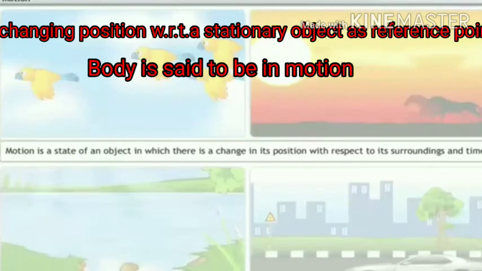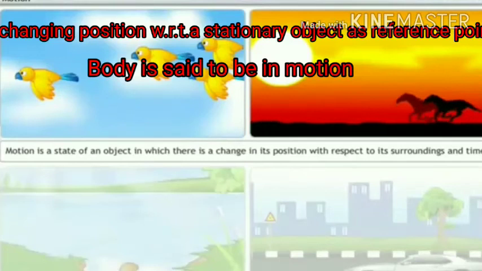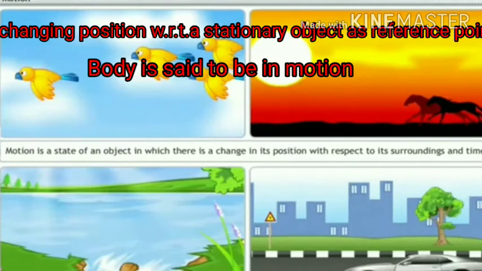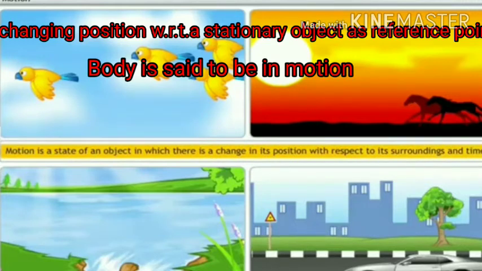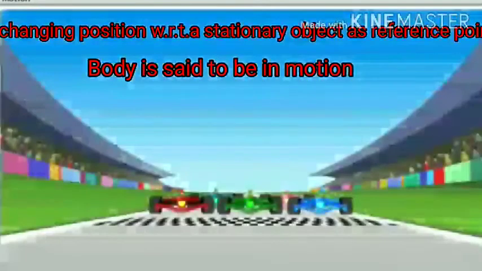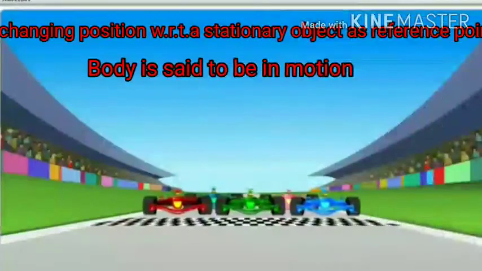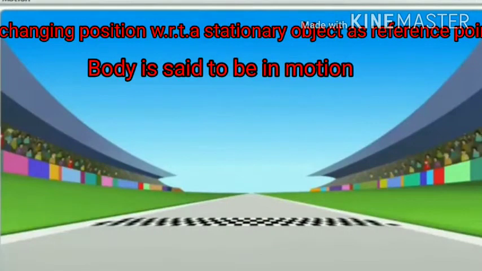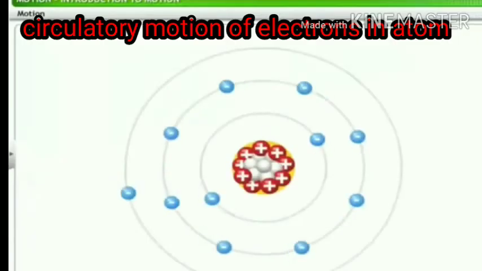So, motion is a state of an object in which there is change in its position with respect to its surrounding. So, these are some examples. Birds are flying, sun rises, river water is flowing, then our traveling through the car or the train. These all are motions. One object is in moving position with respect to others. Thus, when a car or birds are going from one place to another place, then the surrounding is at the stationary level.